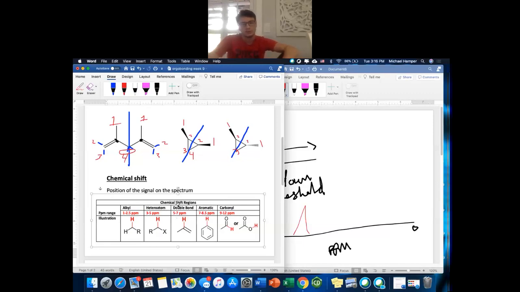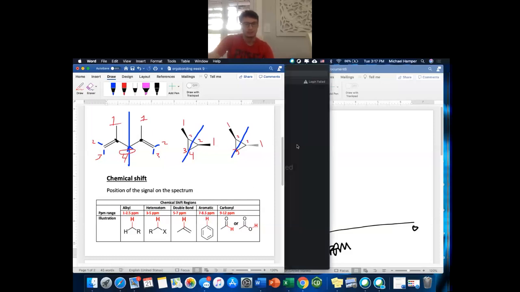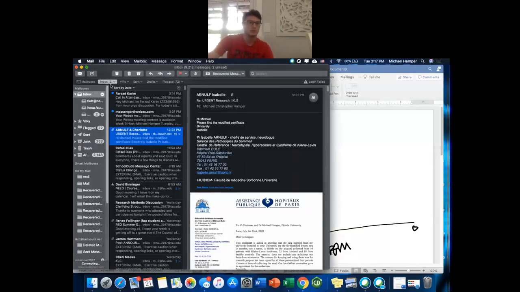And for chemical shift, again, it's just the position of the signal on the graph or on the spectrum, whatever you want to call it. And these are the categories. So your carbonyls are what's going to de-shield the hydrogens the most, as opposed to your alkyls and double bonds that are simply just